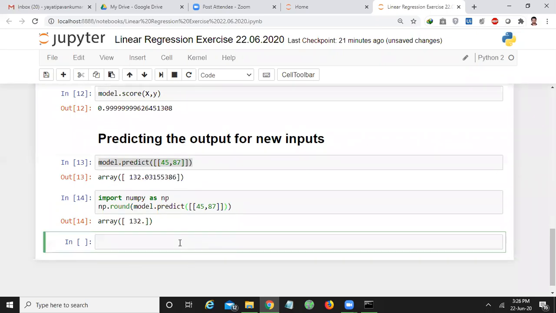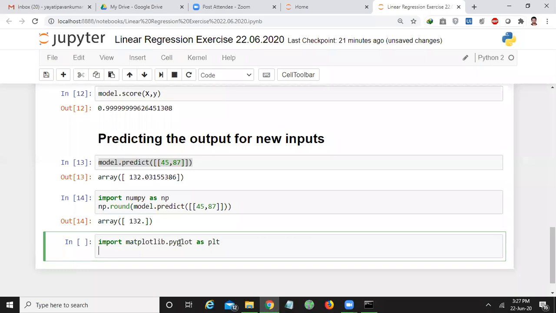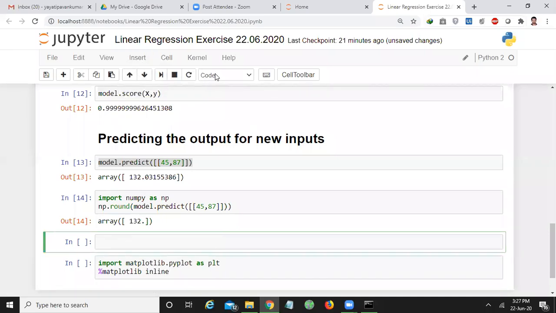Okay, now let us check it graphically. Let's have a graphical understanding.